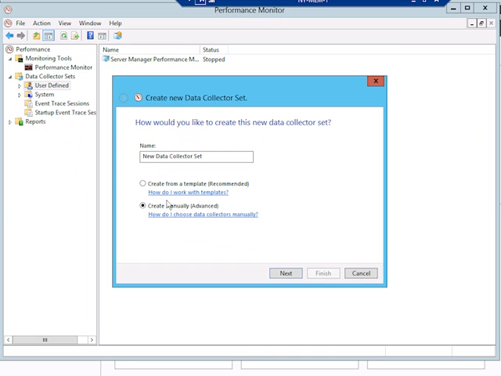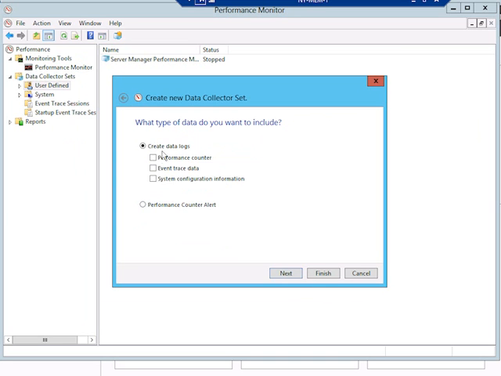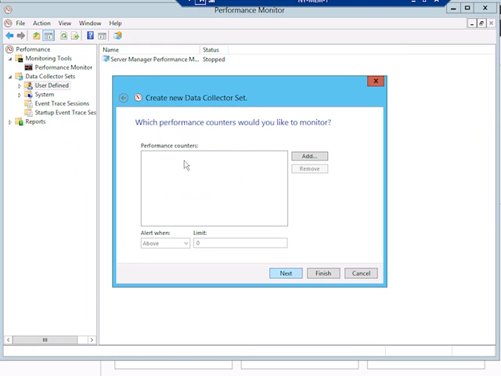Well, here I'm going to create a manually defined data collector set. And instead of doing a data log, I'm going to do a counter alert. Again, I would set up what counter. And then beyond that, you would create an alert when you get above or below a certain threshold. So if I wanted to know every time my processor was utilized over 90%, we'll go ahead and create